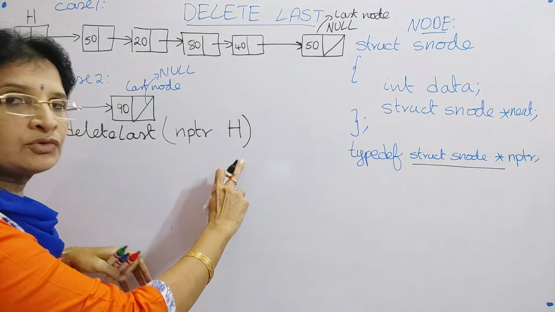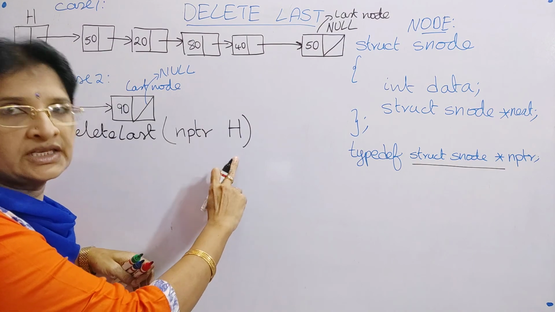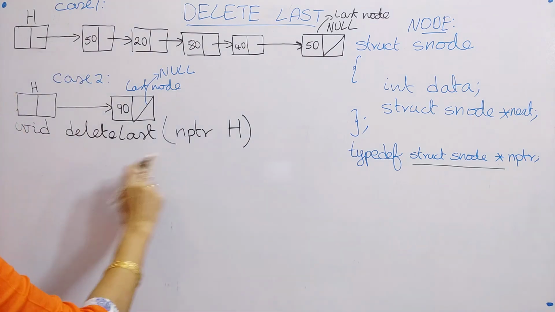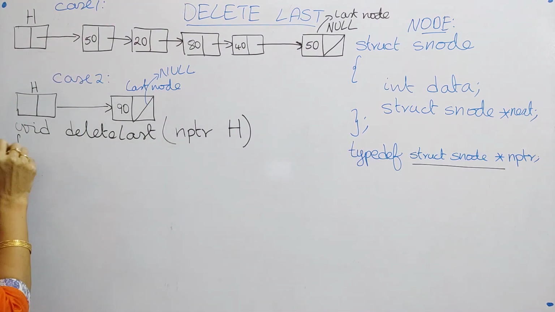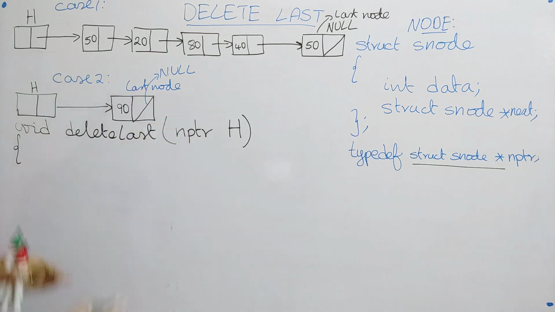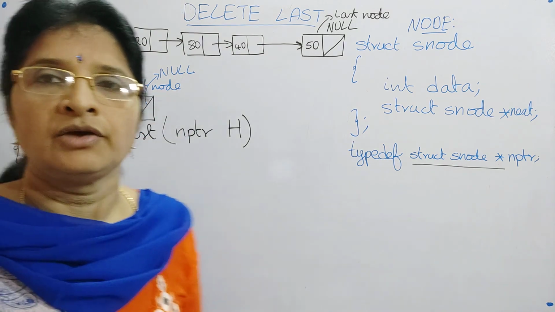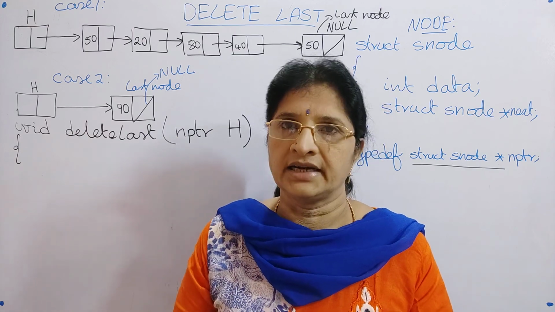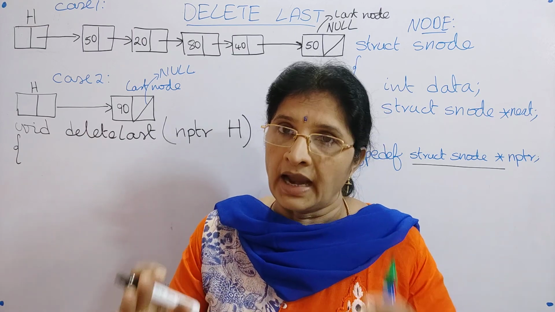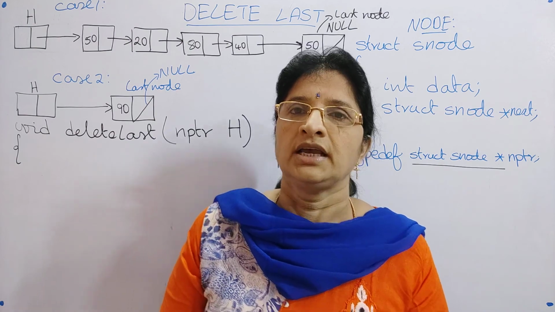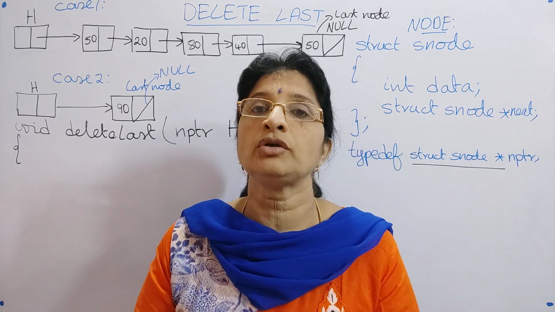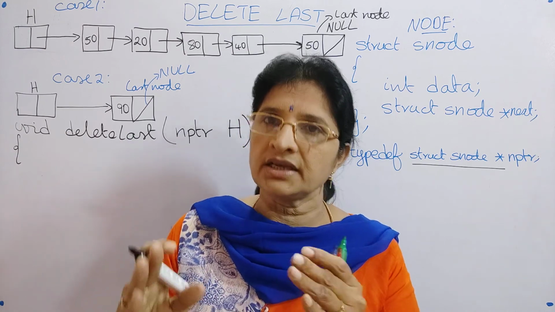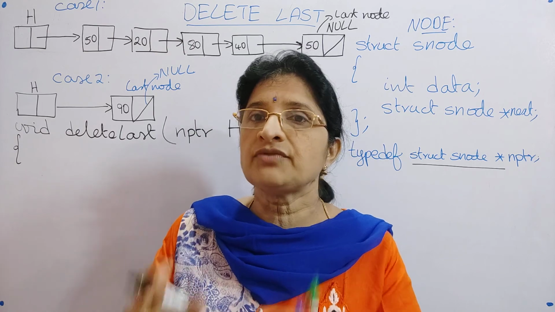So here we have passed only one parameter, that is h. So h is the header of your linked list. After passing the parameter, what is it that we have to do? Whenever you want to find the last node, whenever we are working with a linked list, you should always save the address of the header node, because if you lose the address of the header node, it means that you have lost the list. The first node address is saved in the header node, so that is very important.